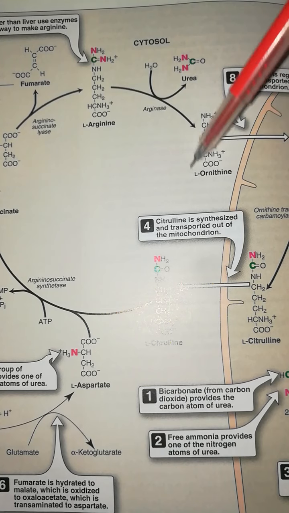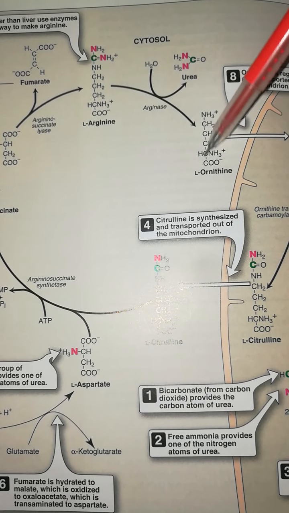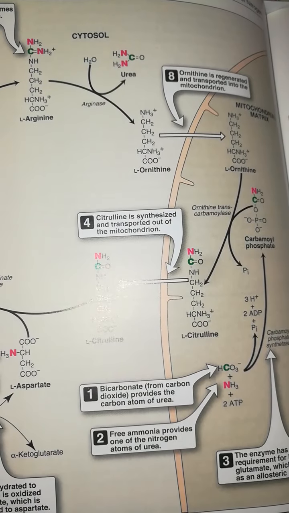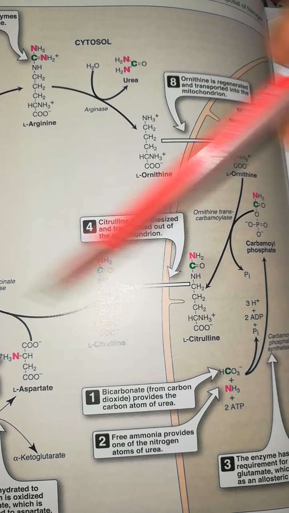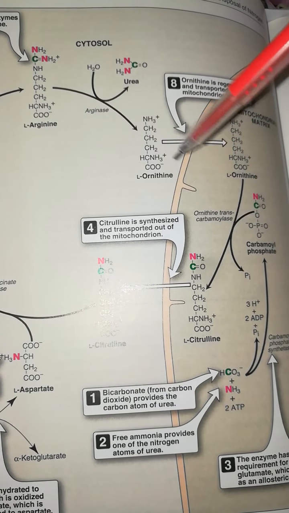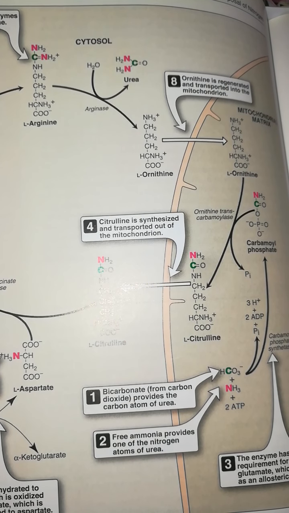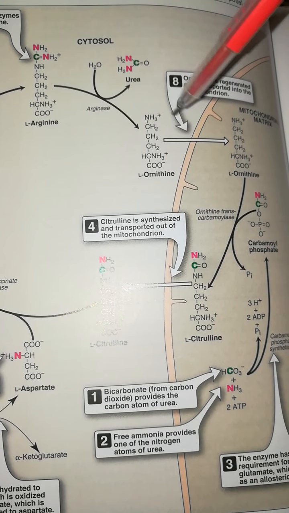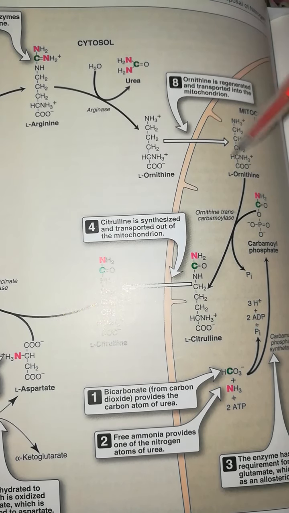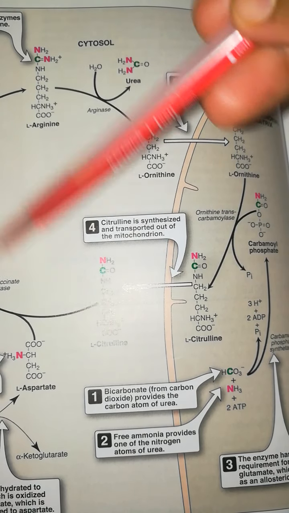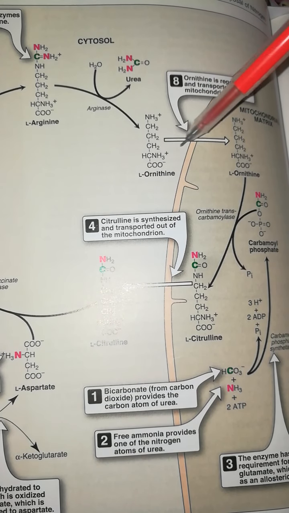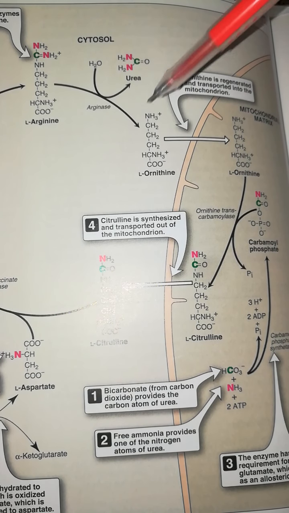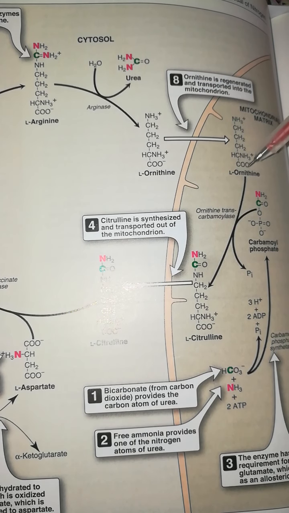Its name is ornithine. This ornithine again enters into the mitochondrial matrix and this recycling occurs. That's why the urea cycle is also called the ornithine cycle. Why is the urea cycle called the ornithine cycle? You already understand that ornithine recycling occurs. That's why the urea cycle is also called the ornithine cycle. After formation, the ornithine enters into the mitochondrial matrix, then ornithine and carbamyl phosphate